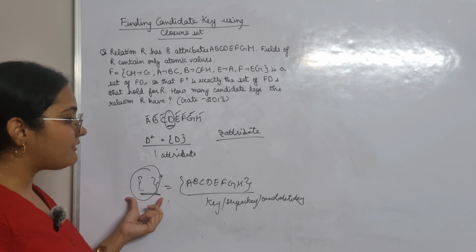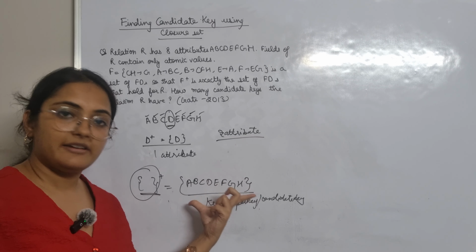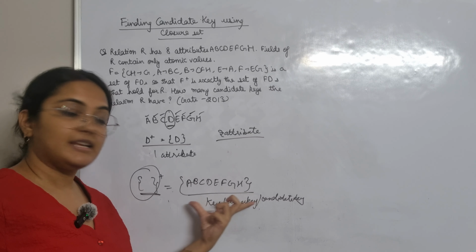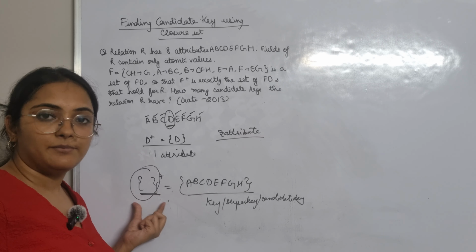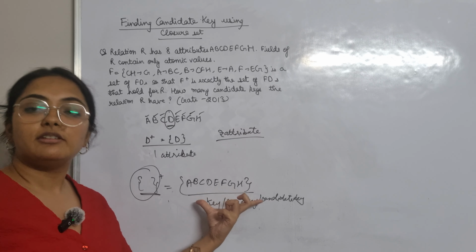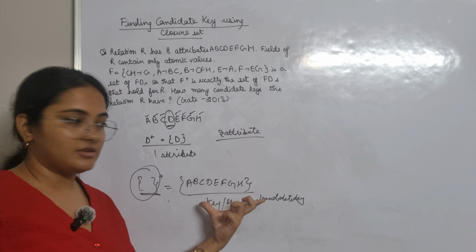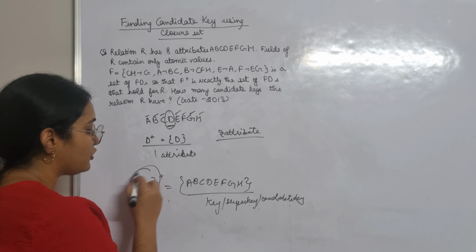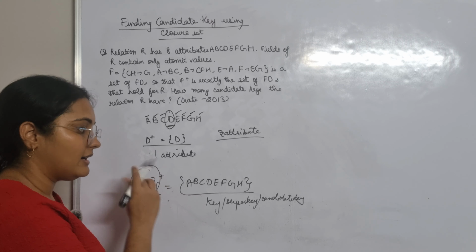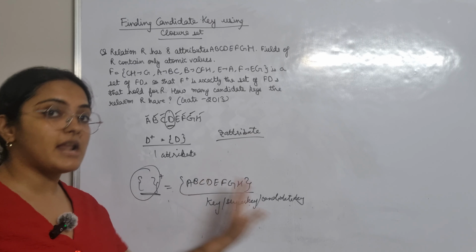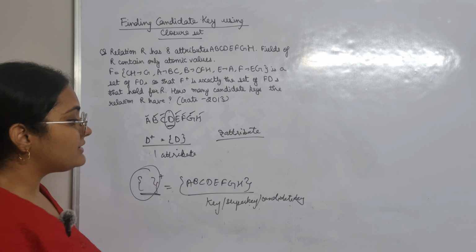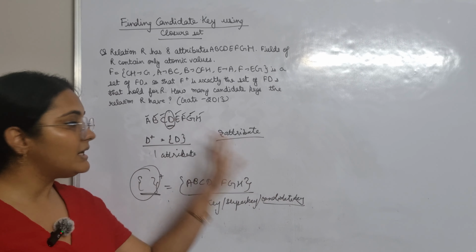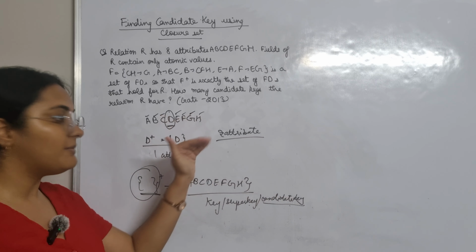Okay, a candidate key is any set of attributes that is used to uniquely identify one tuple. How will you find the candidate key? If given the value of some attribute, you can find out the value of all attributes of the relation schema. So whatever the key, super key or candidate key is, the closure of that particular key will give us the set of all attributes. Since we are asked to find the candidate key and not the super key, we go in minimal order, one by one.